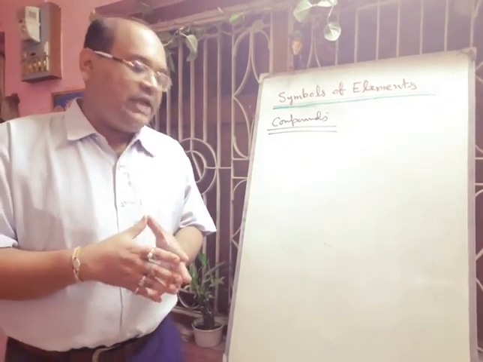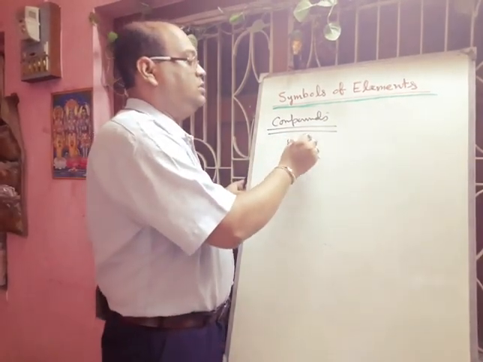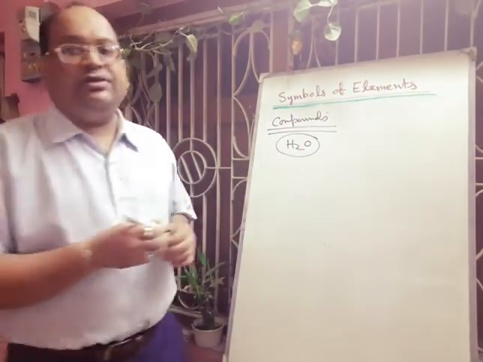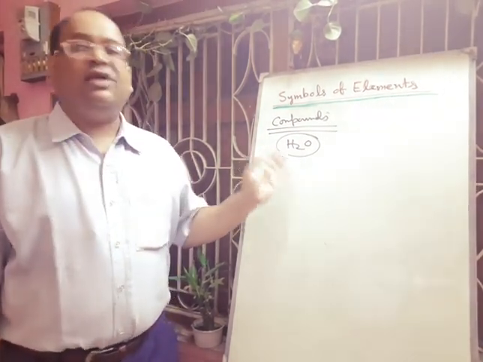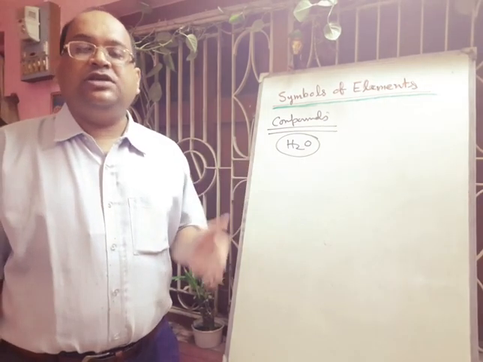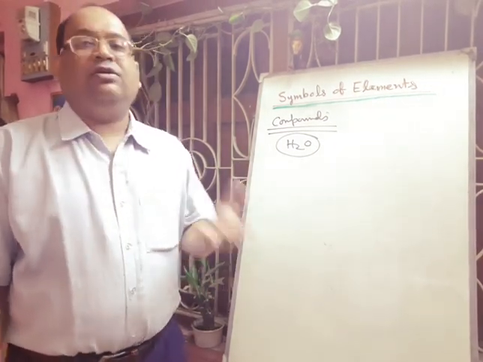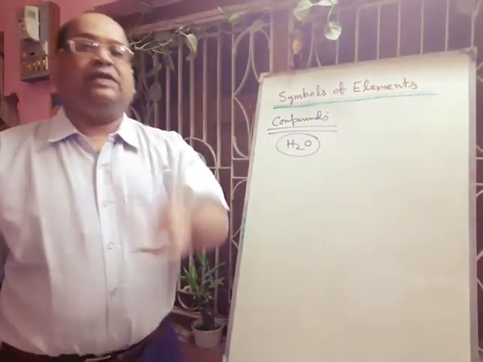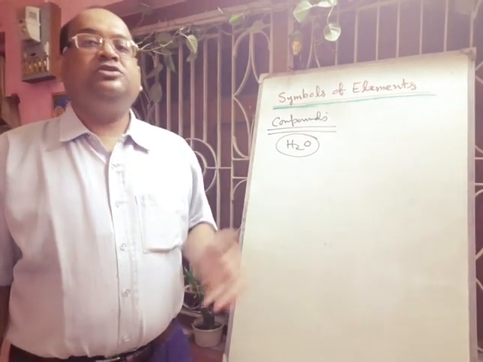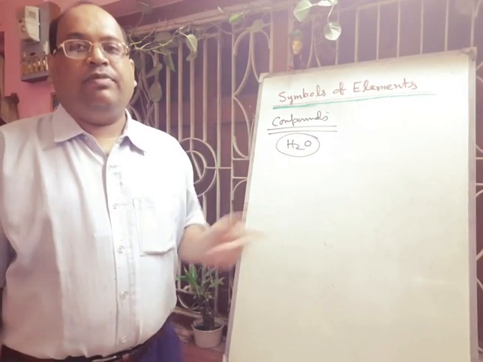We can think about H2O. H2O is water. This is a compound. And water is made up of hydrogen and oxygen. Now, if you break down this water by electrolysis of acidic water, you will get hydrogen and oxygen. Oxygen you will get at the anode and hydrogen you will get at the cathode. Okay, so in this way, by chemical means, you can separate the elements of the compounds.